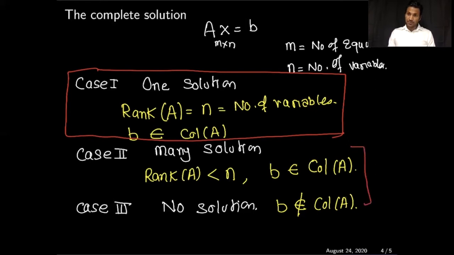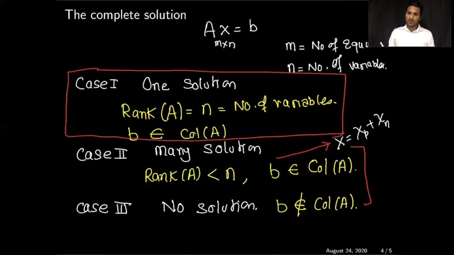In the rest of the video, I will discuss these two cases. I will take examples where we will see when B belongs to the column space and when B does not belong to the column space, and we will calculate all the infinitely many solutions. In one of the videos, we have seen that when the rank of the matrix, that is the number of pivots, is less than the number of variables, the null space of the matrix is non-zero. It means it contains more elements than just the 0 element. Then the solution of the system can be written as xp plus xn.